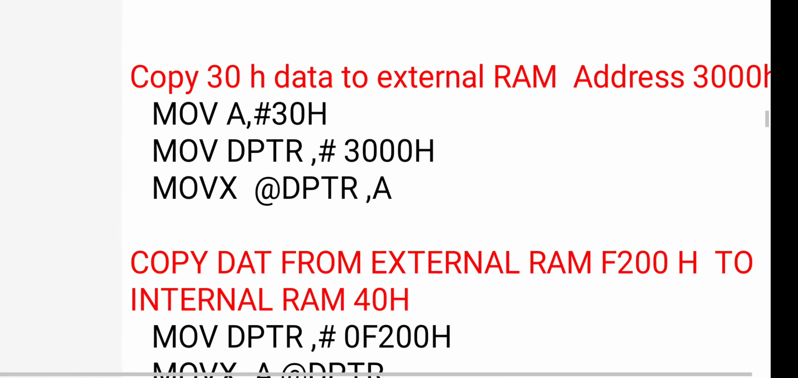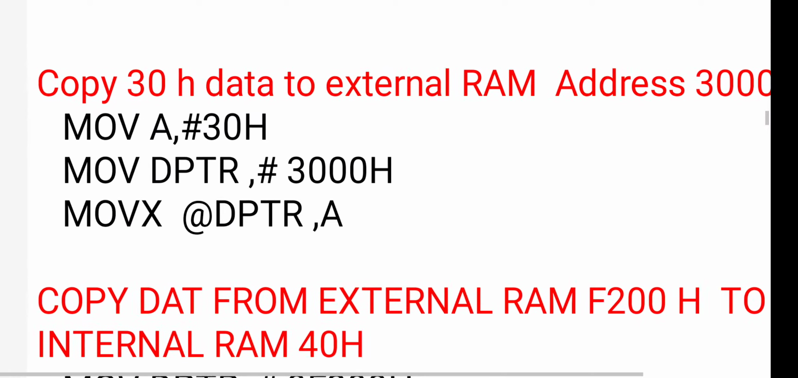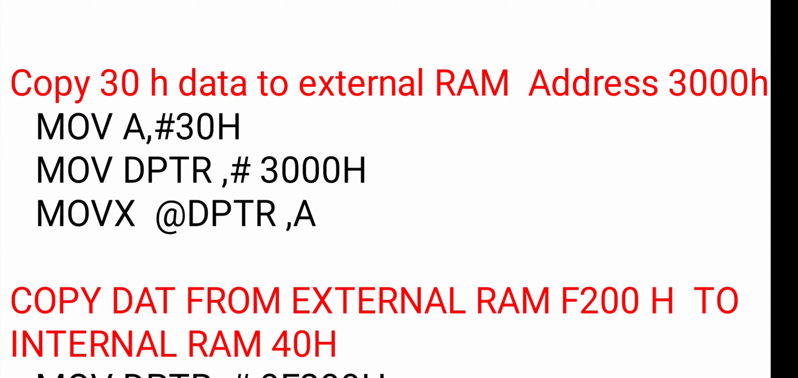Now what this example says, let us see. Copy 30H data to external RAM. Now we are writing in the external RAM. External RAM address is 3000 and we are writing 30H into that. So 30H is not address, but 30H is data. So here